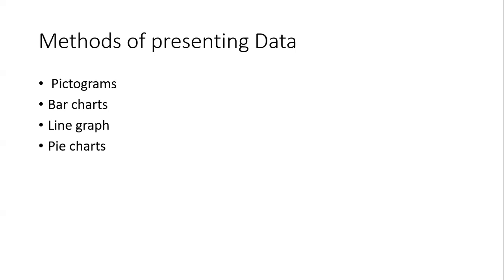A bar chart is a chart that uses rectangular bars to show the quantity of different categories. A line graph is a chart that uses lines to connect points, showing how data changes over time. And a pie chart is a circular chart divided into slices, where each slice represents